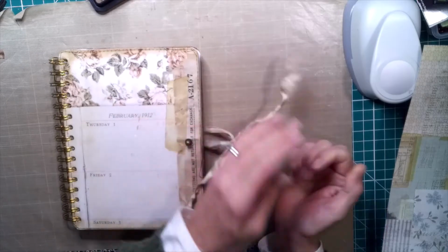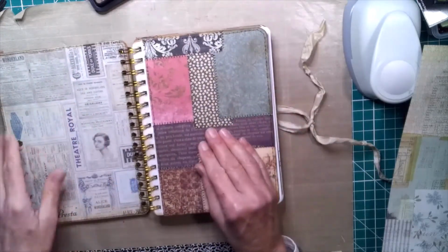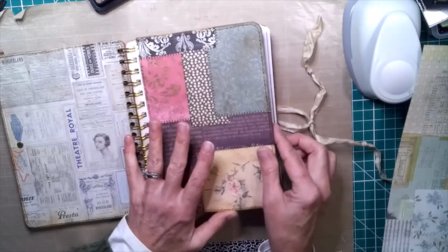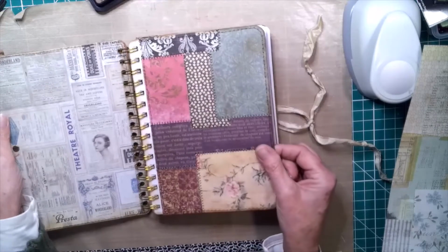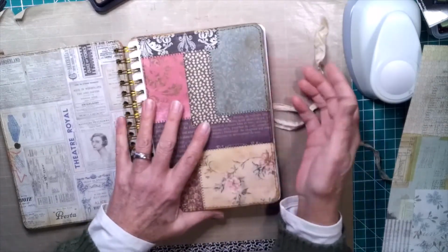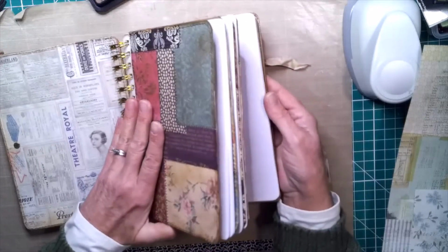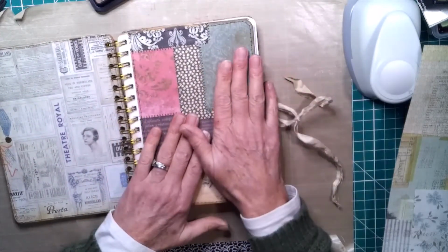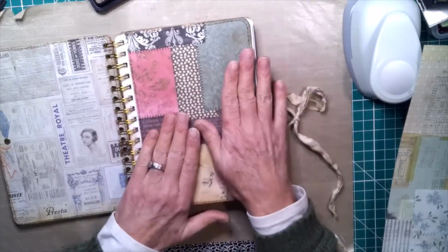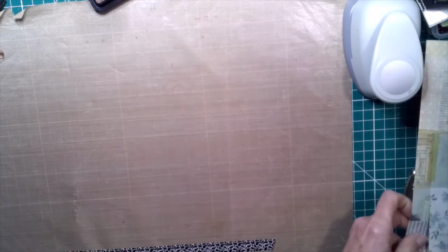And as you can see, I assembled everything. So what I have left to do, we'll just get into it. I do want to make a pocket for the front. Initially, my plans were to put a pocket on each divider, but because of the thickness now of my dividers and even the cover with the added cardstock, it's quite full, and I haven't removed any paper. I guess you could remove some paper, but the key thing is I keep notes all year long, and this is sort of like my crafty Bible. Some pages I'm sure I'll rip out at some point, you know, how we do, but that's why I'm not going to add pockets to all of those, but I am going to make a pocket for the front,